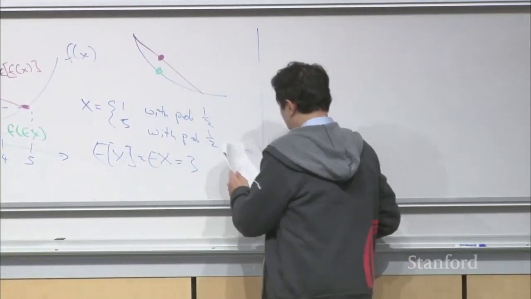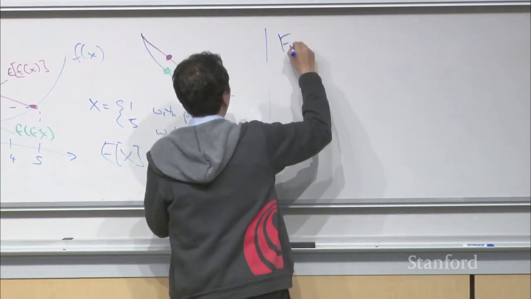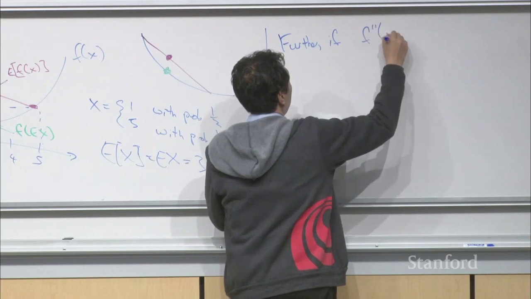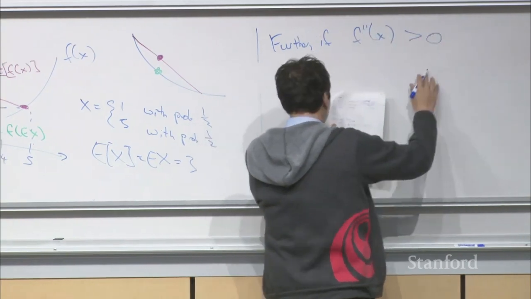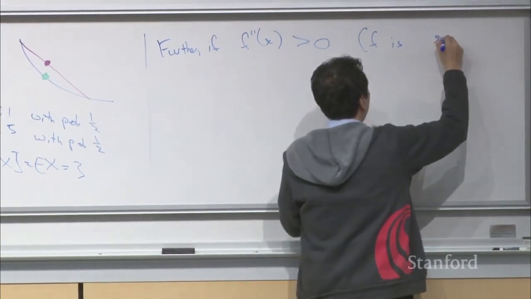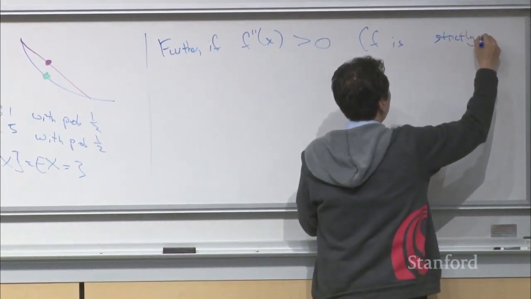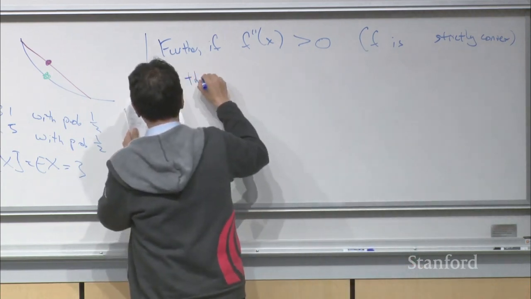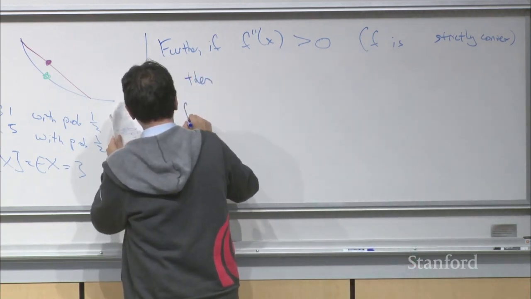One addendum further: if f'' is strictly greater than 0, and if this is the case, we say f is strictly convex, then